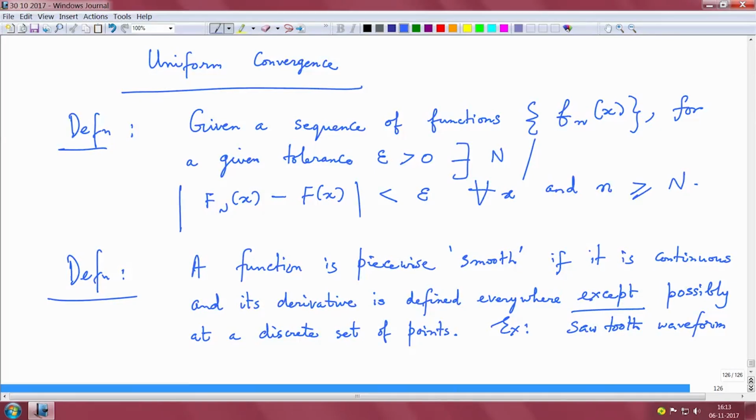So, the sawtooth waveform is one of them. I mean, imagine this is a sawtooth waveform. Now, there is a result. So, what does it mean? The smoothness property is very important, because it depends upon the number of derivatives. If it is nth order smooth,